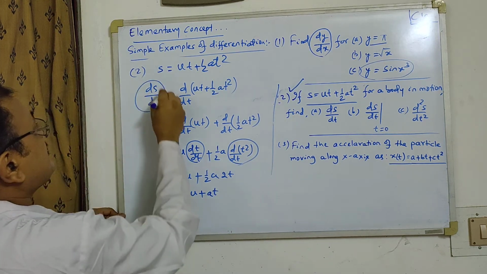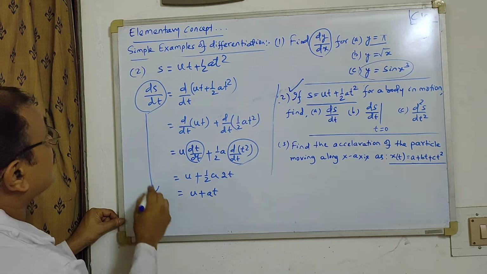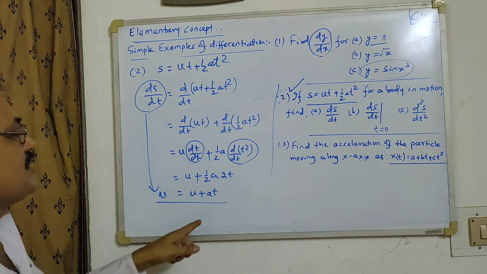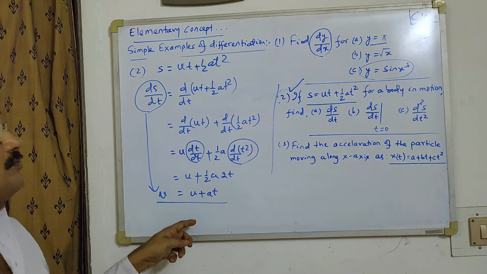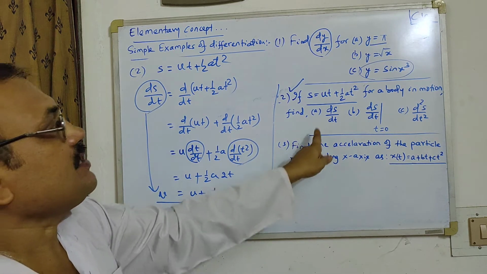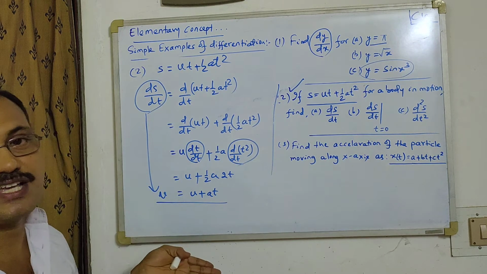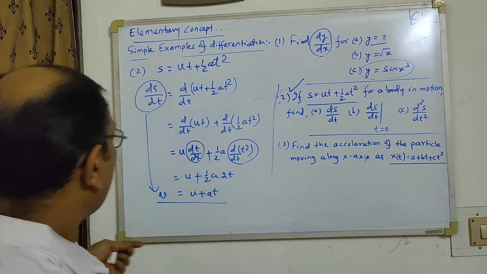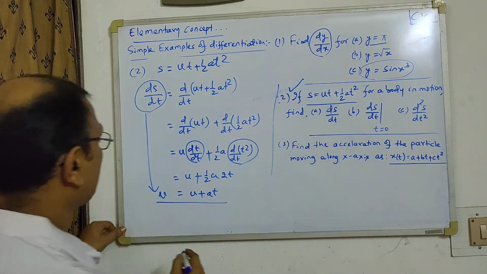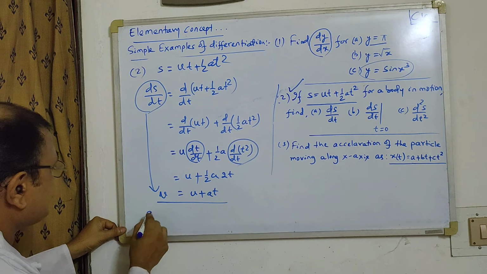And what is this ds by dt in physics? This is u, so this is velocity term we say. So v equal to u plus at, which is one of the kinematical equations. You can start from s equal to ut plus half at square and get v equal to u plus at. This is how we get the first part of the second problem, and similarly you can apply